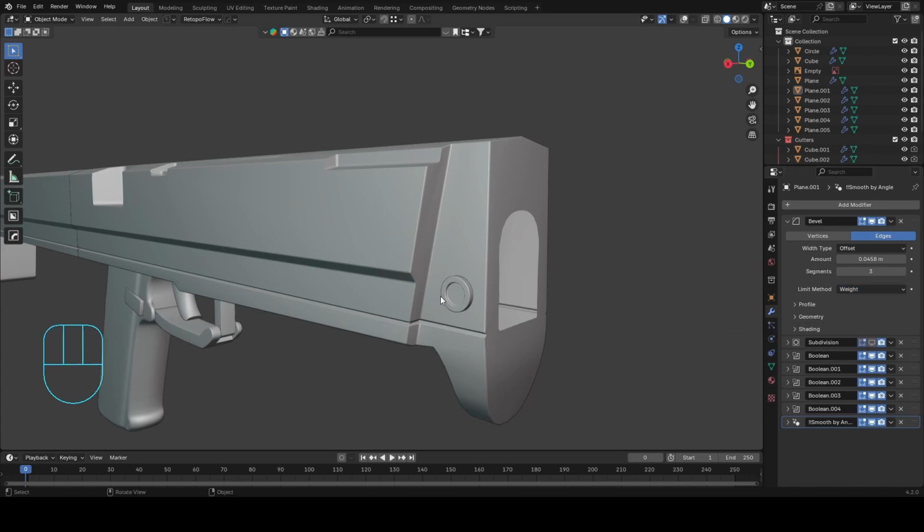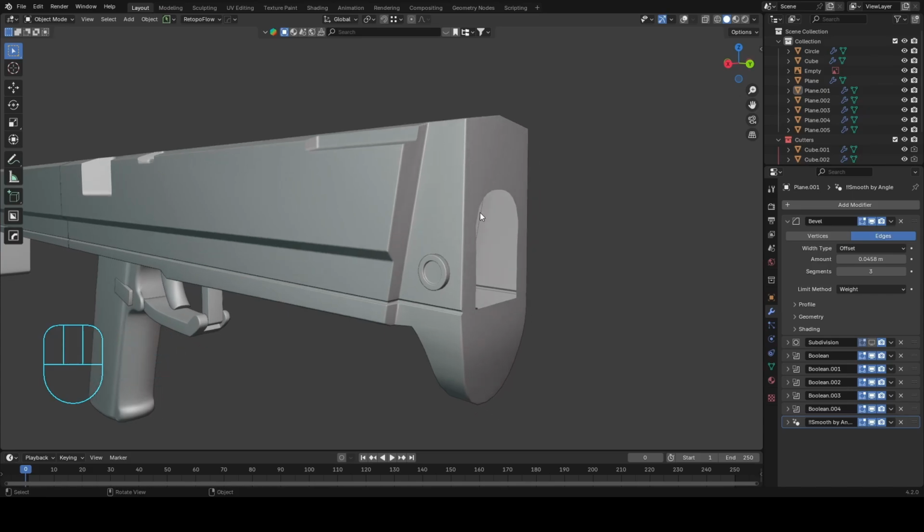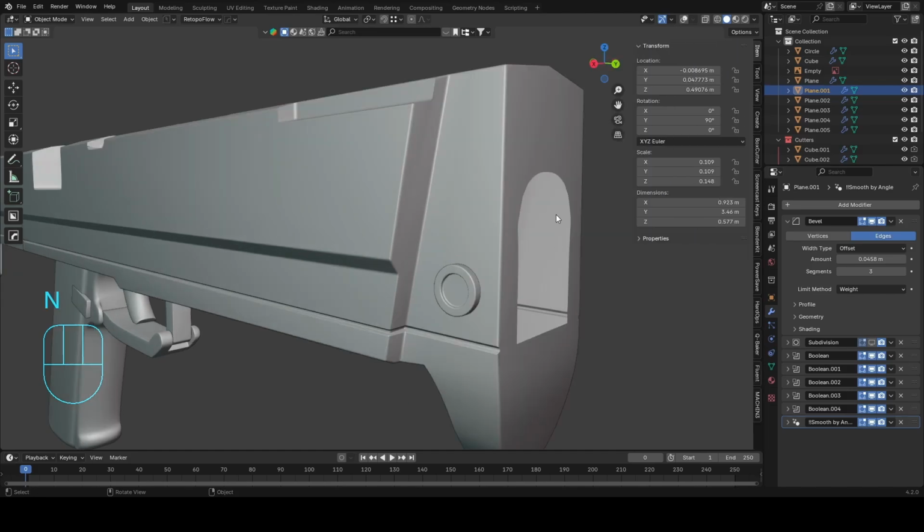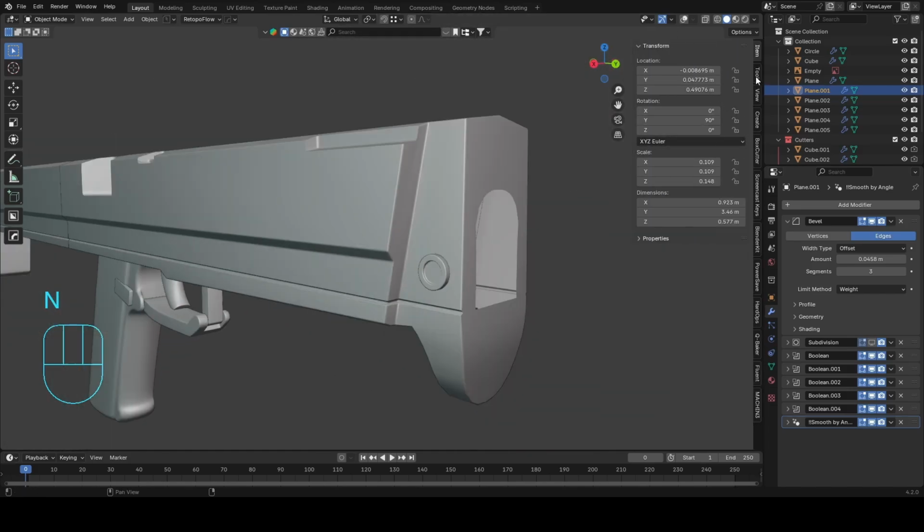Angle just looks for any change in direction of these faces, and if it has an angle of more than whatever you set, it will apply a bevel. But here I'm using weight, which, while this is one click, you do have to do a little bit of setup while you're modelling, but it's always good to do it as you go. So in edit mode,